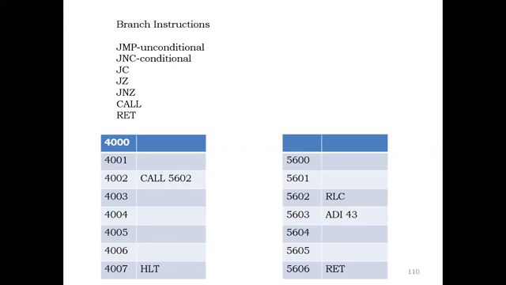So we need to jump over to some conditional blocks. We need jump instructions JNC, JC, JZ. JNC means jump no carry: when the carry flag is 0, you have to jump. Jump carry means when the condition Cy is equal to 1, you have to jump. Next, JZ: when the zero flag is enabled, you have to jump. JNZ: if the zero flag is 0, you have to jump. Same as call and return.